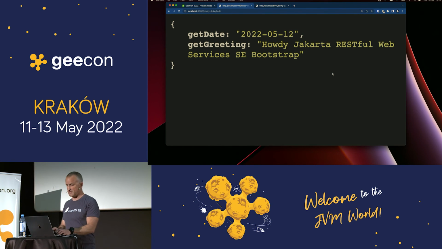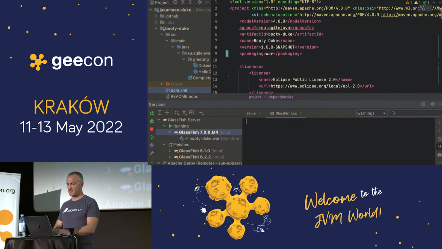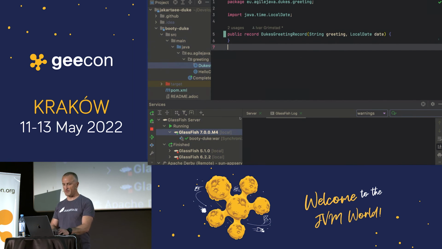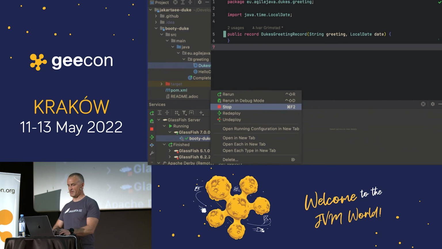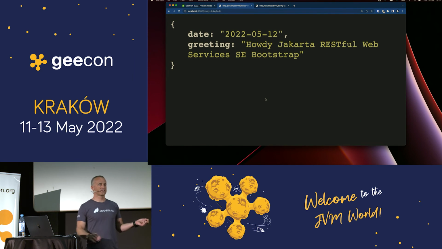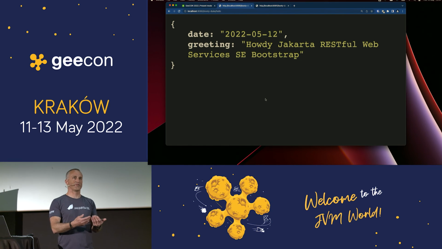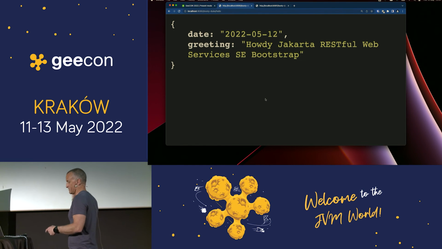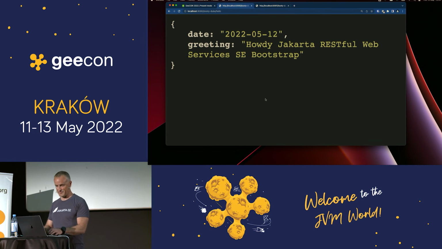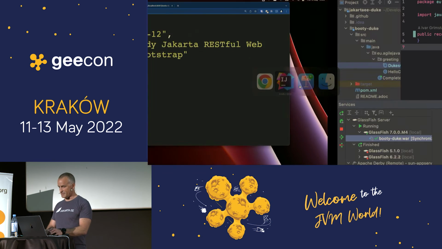Well, for some reason, I think Glassfish has solved this hack in their implementation, so we can actually just use record as we would have done and redeploy it. And it will say date. So the JSON binding implementation in Glassfish 7 actually has solved the records issue. So 17 works fine with 10. You can take that home. Also, how much time do we have? 6 minutes. Yeah, we can do one more demo.